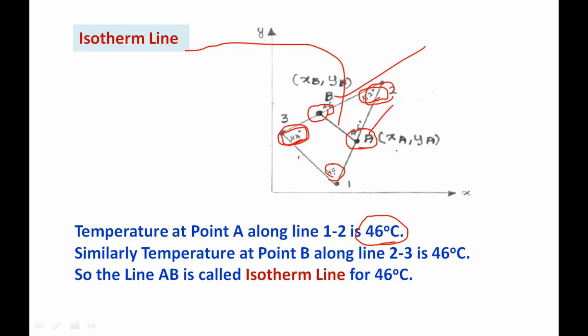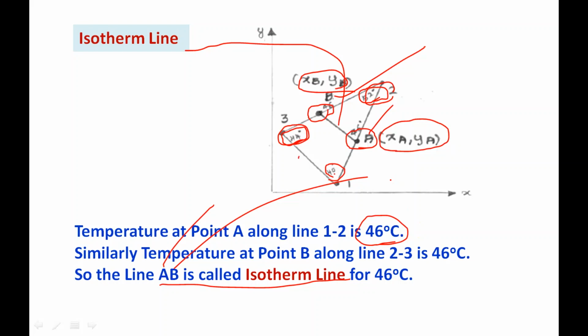How to find this one? So here we are going to find just the coordinates of point A and point B. If you find these coordinates, then you can easily find the isotherm line. So this is not related to the FEA, this is simple mathematics. Line AB we are going to trace. How to find this line AB? Just by finding the coordinates of point A and coordinates of point B. Joining AB will give you the isothermal line.